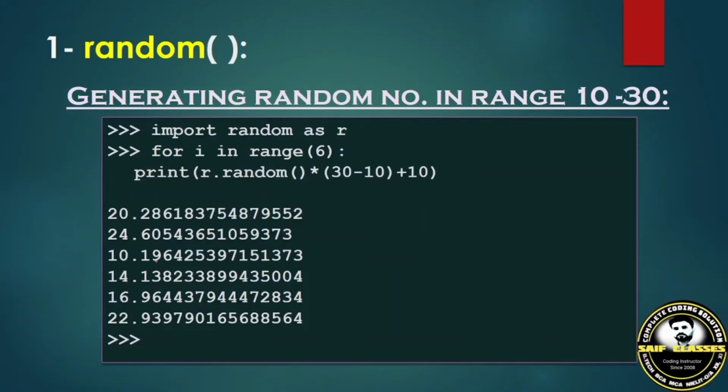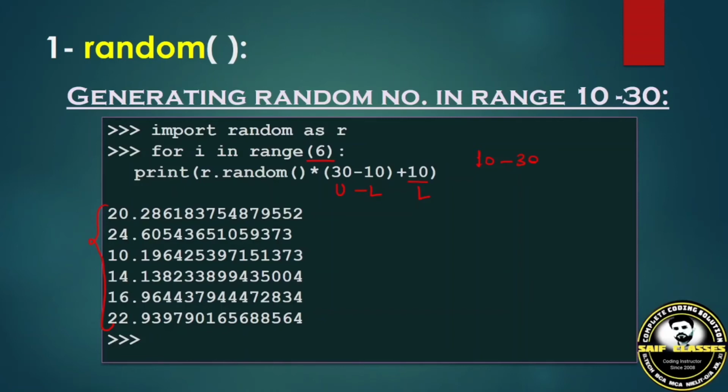Look, this is the screenshot I have taken from the IDLE shell mode. I am running the code 6 times, generating minimum L, and this is U minus L. So it is giving me values between 10 and 30. You can visualize here what we are getting. This is the answer generated by this code. It never touches 30, and it will never go less than 10 either, because ultimately the print will get a minimum of 10.